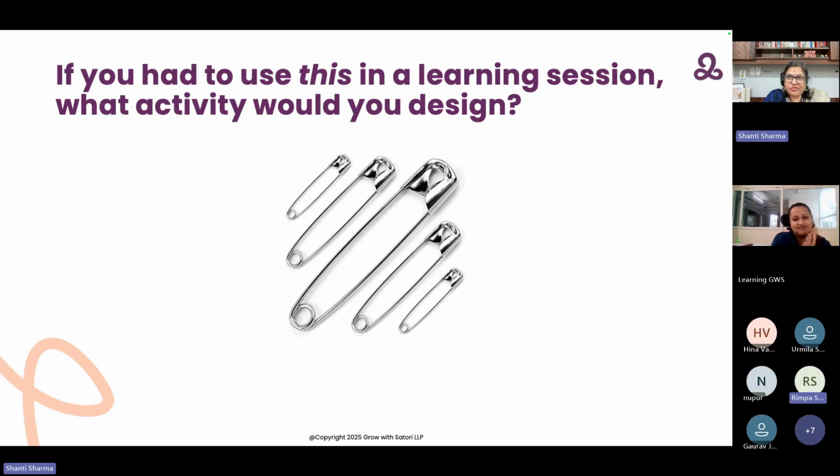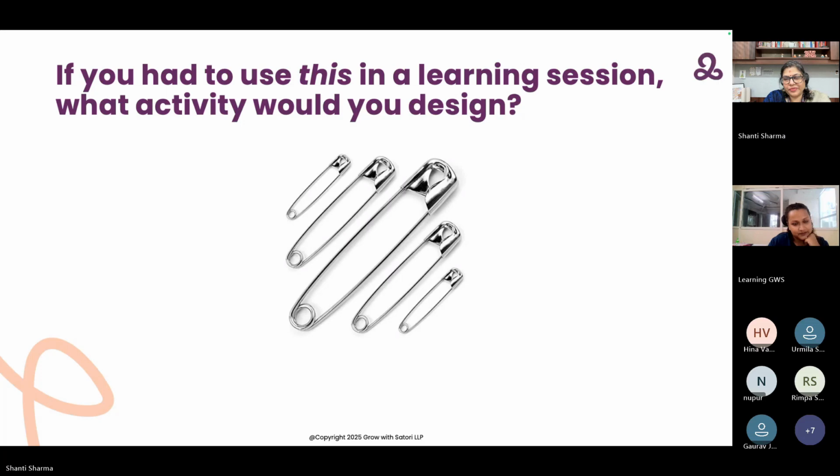Brilliant. So who do you feel safe with? This can be so beautifully tied in a workshop around psychological safety because we can go ahead and ask, how do you feel safe with this person? Why do you feel safe with this person? What does this person do or not do? Very nice, Rimpa. Thank you. Wonderful. Anyone else?